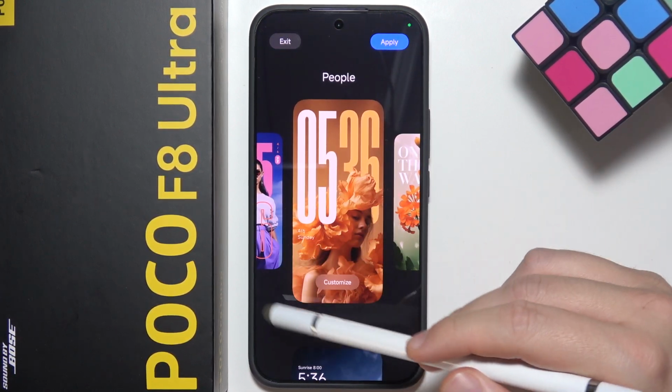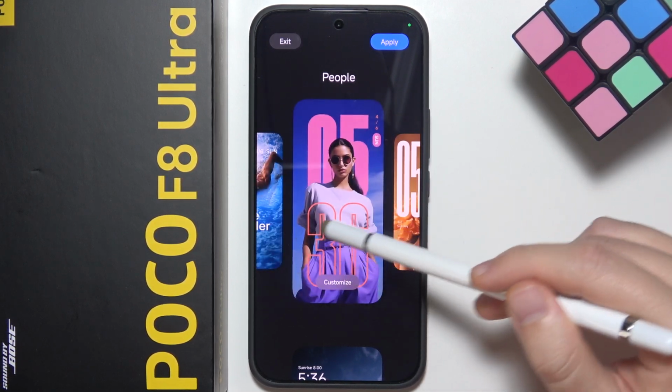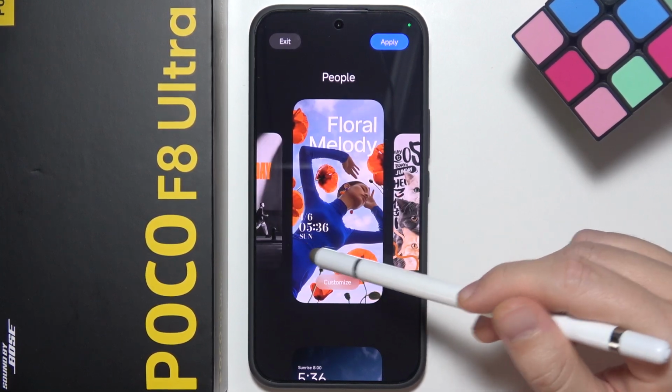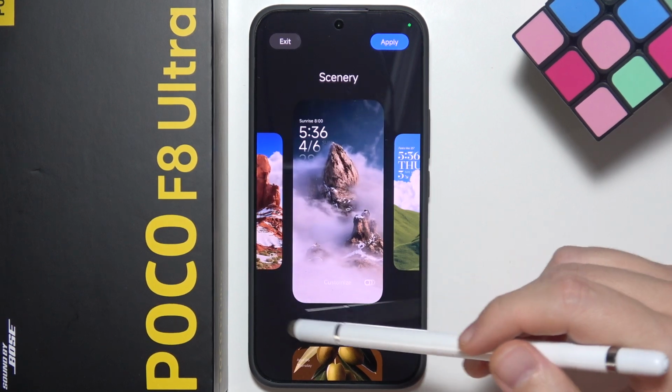Here we can find another one with some beautiful wallpaper and the overlap clock and the different font styles and pretty cool pictures. It looks really nice actually. And over here we can find another style with other beautiful wallpapers